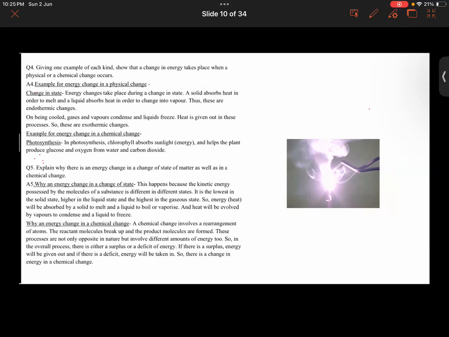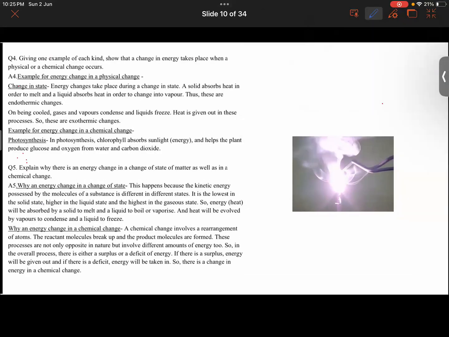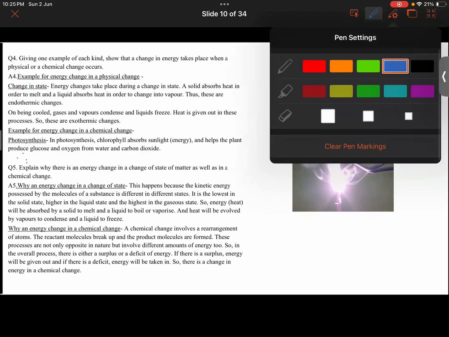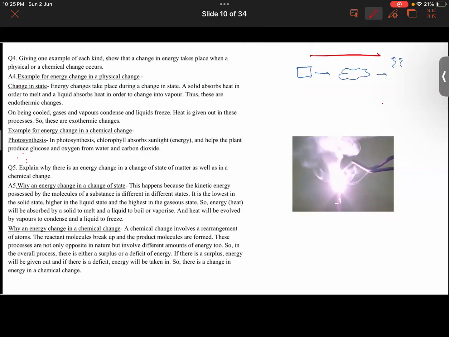Yes, sir. Okay, good. So question one says: give one example of each kind, showing that a change in energy takes place when a physical or a chemical change occurs. So we have a very good example of where an energy change takes place. We had the example of heating of water, heating of ice cubes, then it converts into the liquid state, and then it goes into the vapor state. So energy is changing here now. Getting it, guys? So in this process, what is happening? Energy is absorbed,